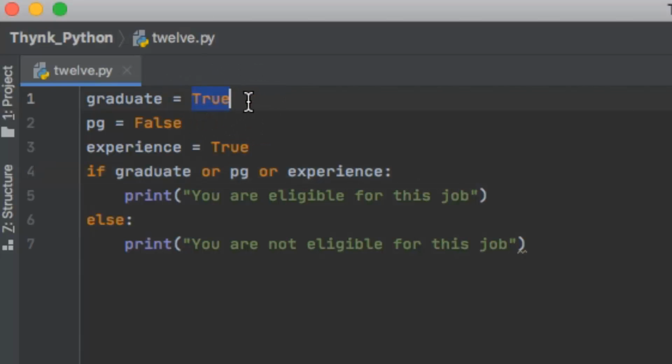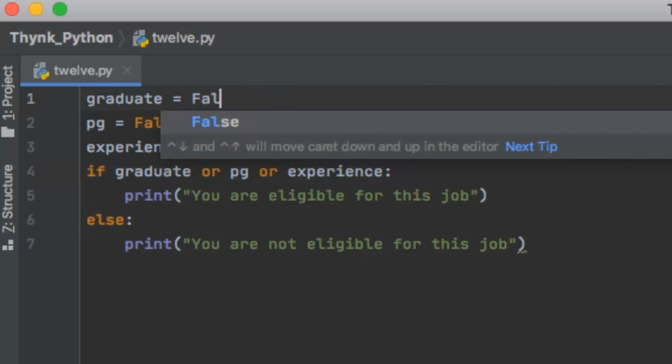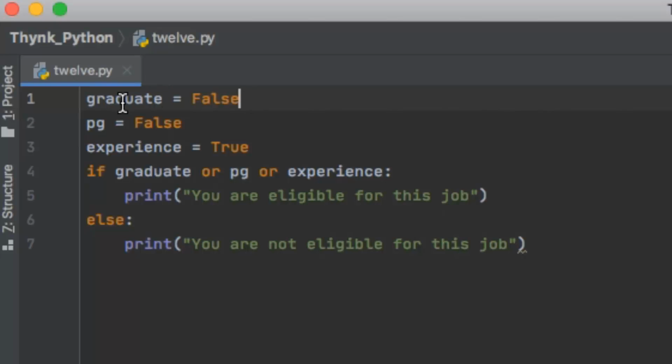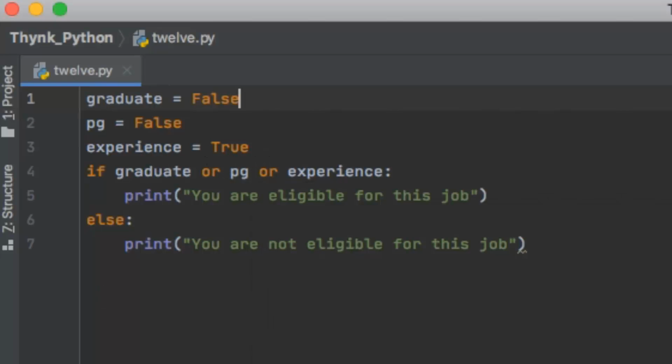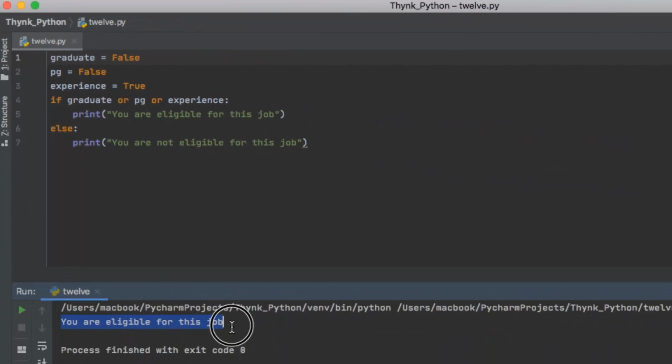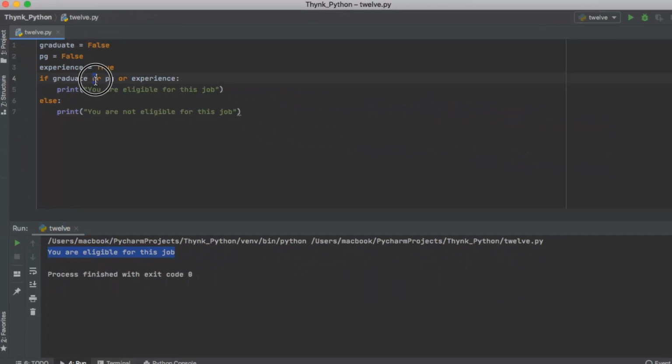So if I make this condition to be false, right? So the candidate is not a graduate, is not a postgraduate, but he is having experience, right? So what would be printed? Again, you are eligible for this job, because we had OR condition here, which means that even if one condition is satisfied, the candidate is eligible for this job.